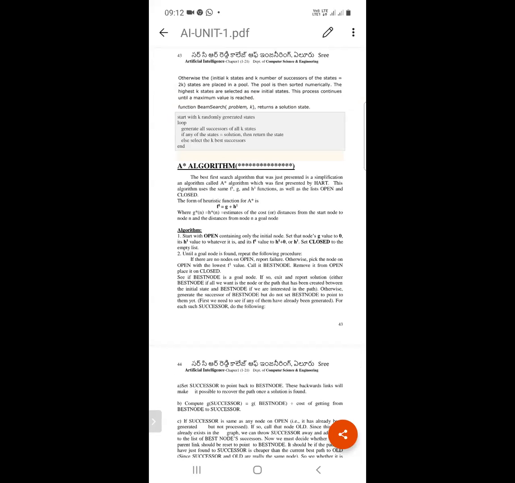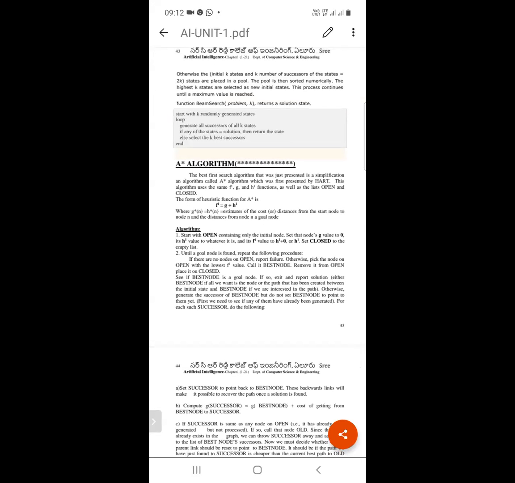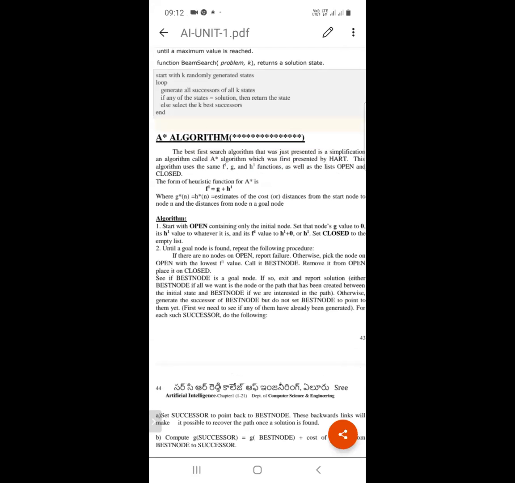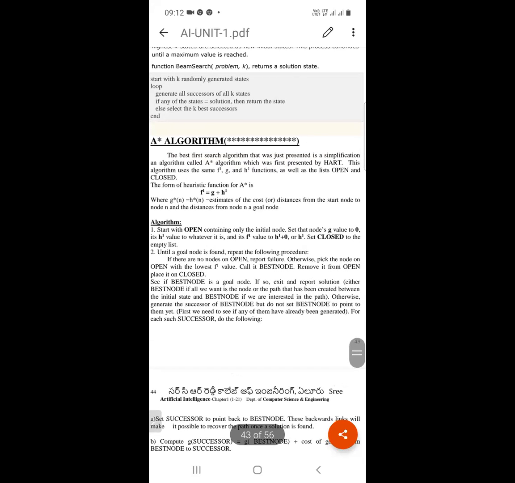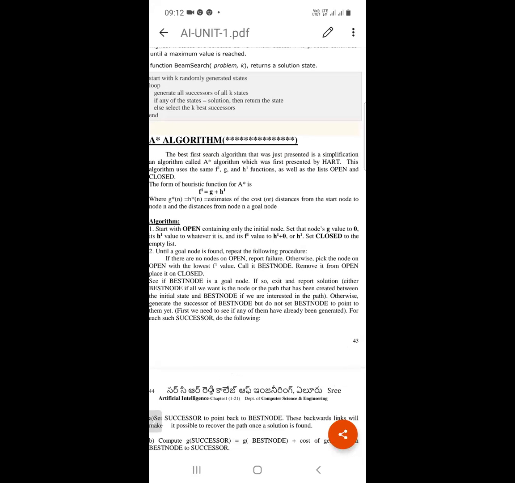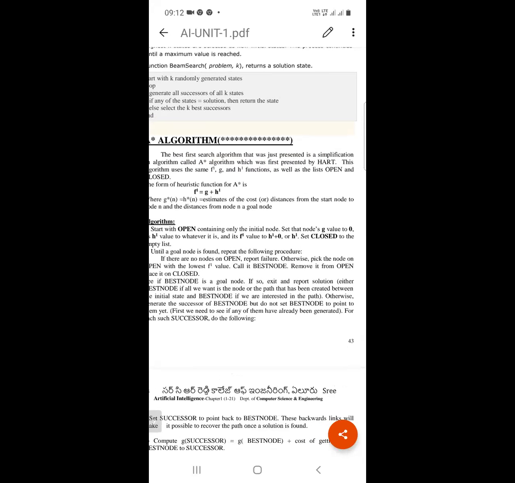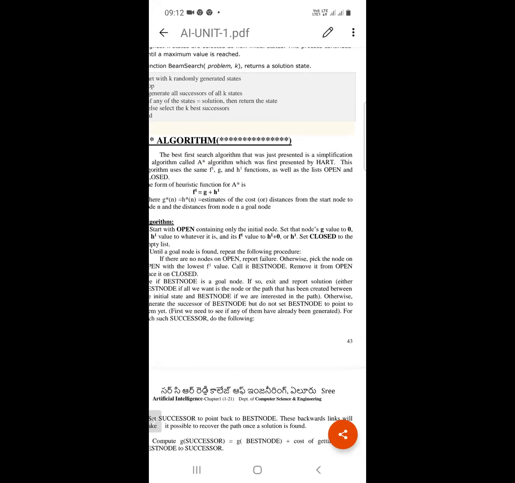Set the node's G value to 0, the H dash value to whatever it is, and its F dash value to H dash plus 0, or H dash. Clear? Set closed to the empty list.